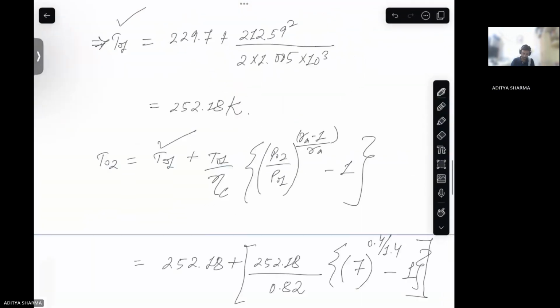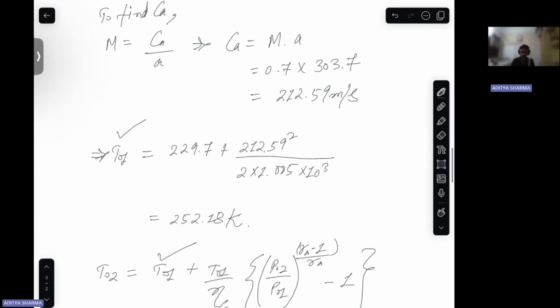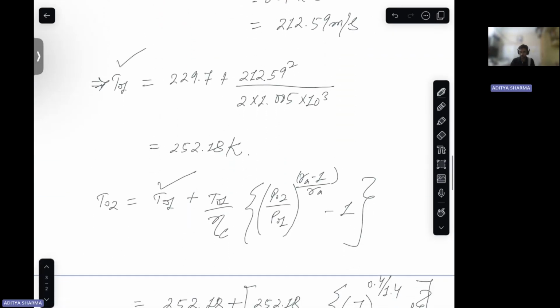If you see the diagram, at the exit of turbine is P04. So this pressure has been asked. P04 we need to find out. Now to find out P04,